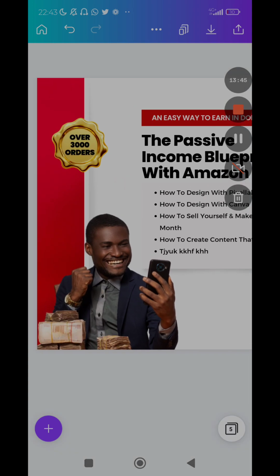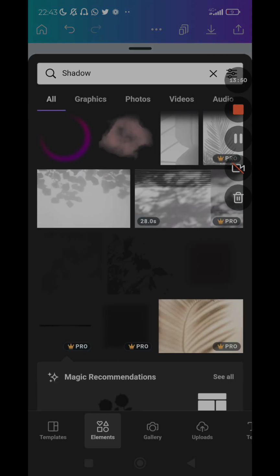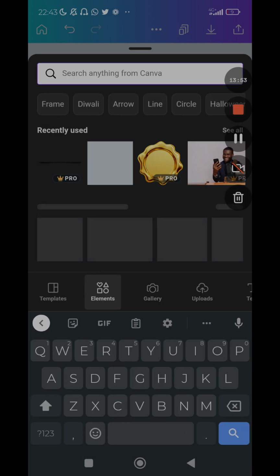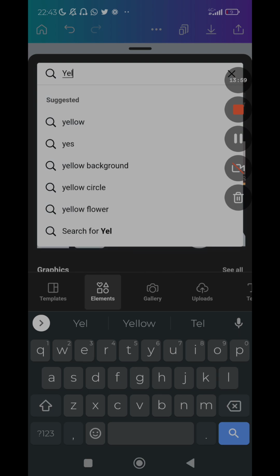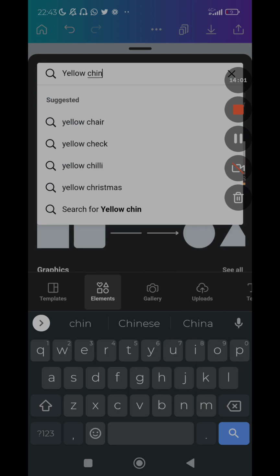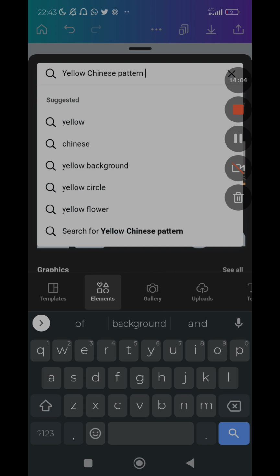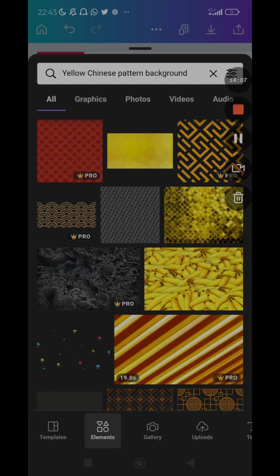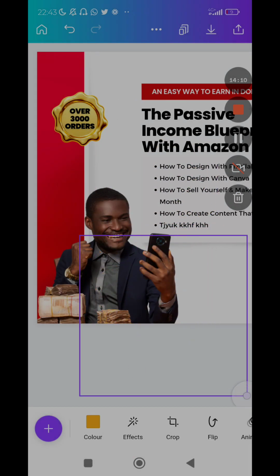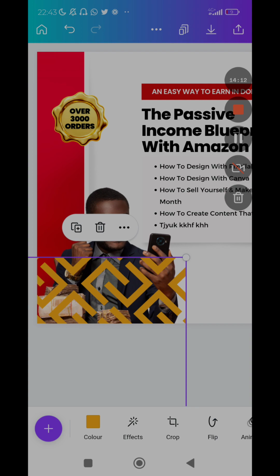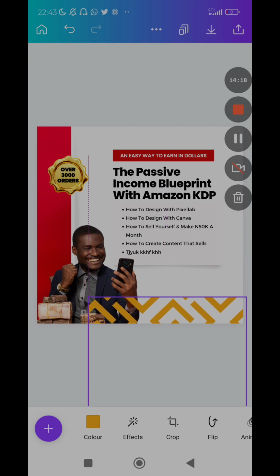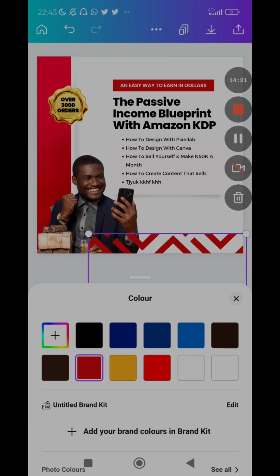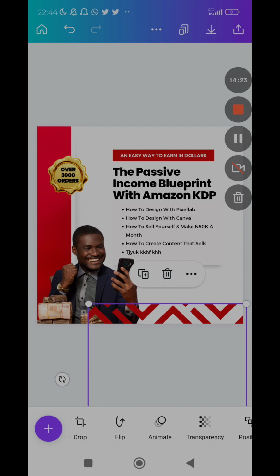The last thing is to add a pattern on the design and then we are done. And that pattern is called Chinese. The pattern is called Chinese, yellow Chinese pattern background. So you can search for it, yellow Chinese pattern background. And this is it right here. Just going to drag it. Let me zoom out, drag it to enlarge, turn it to red, send it backwards,